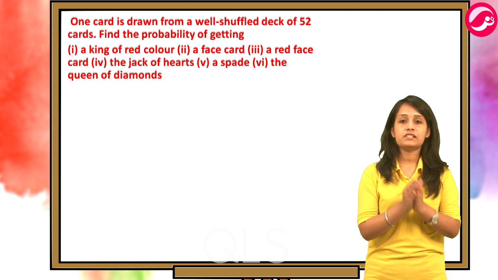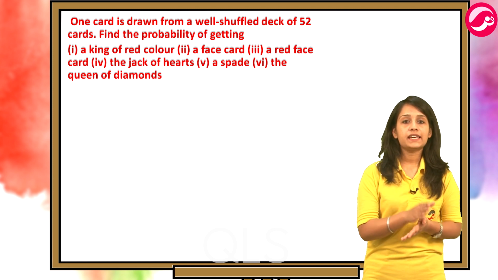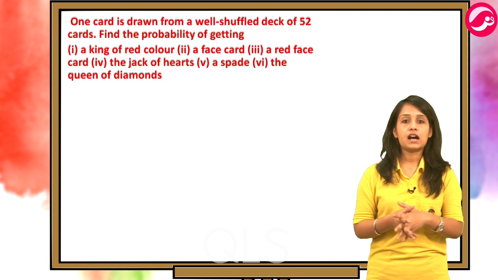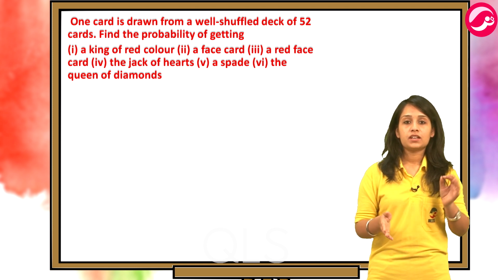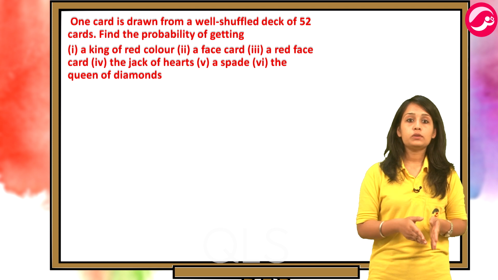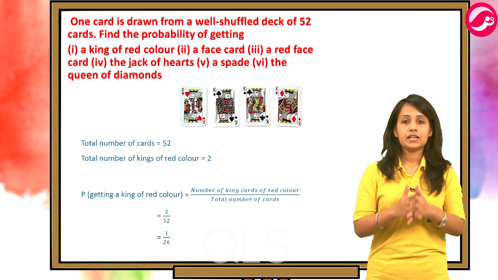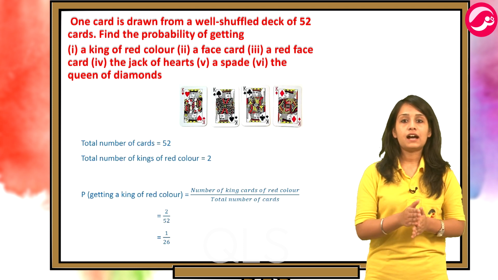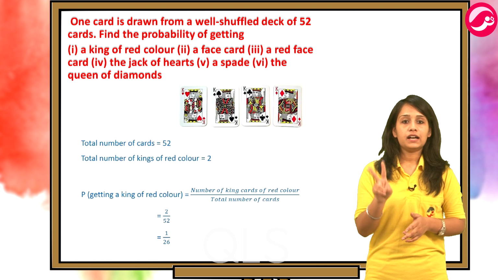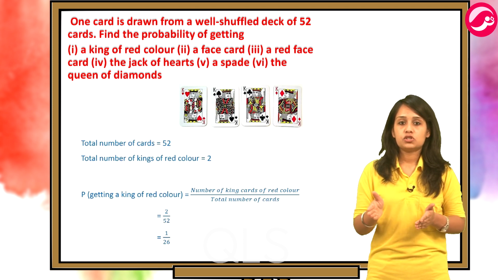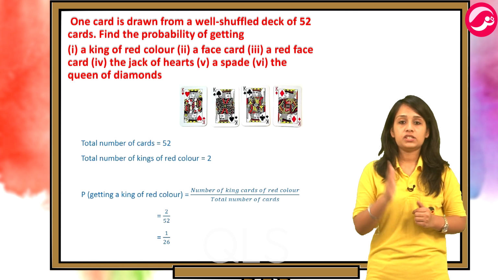Now one card is drawn from a well shuffled deck of 52 cards. Find the probability of getting 1, a king of red color, 2, a face card, 3, a red face card, 4, the jack of hearts, 5, a spade, and 6, the queen of diamonds. Now we know that a deck has 52 cards in total. Diamonds and hearts are red in color and the other two, spades and clubs, are black. Now there will be two kings of red color, a king of diamonds and a king of hearts. So the probability of getting a king of red color will be 2 by 52, which is equal to